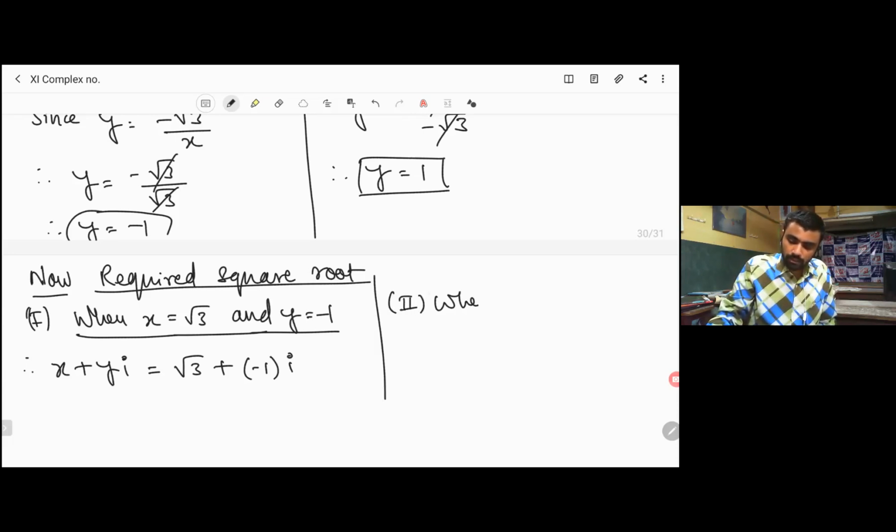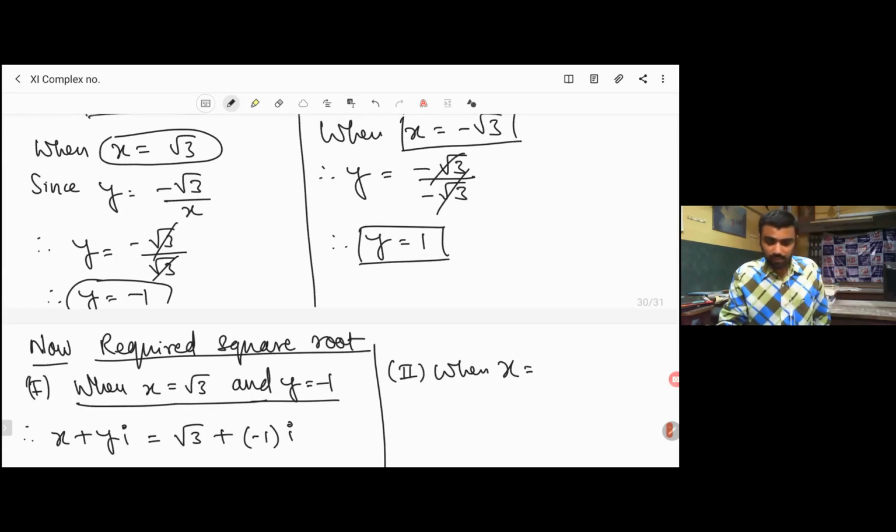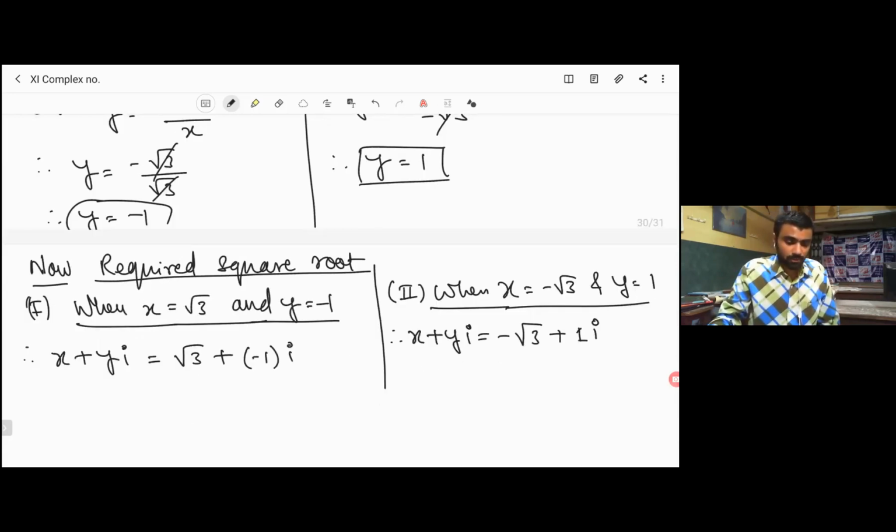व्हेन x इज इक्वल्स टू, क्योंकि x का वैल्यू था -√3 एंड y इज इक्वल्स टू मिला है +1। सो इन दिस सिचुएशन व्हाट विल बी योर स्क्वायर रूट? ओके, x प्लस वाई आई का क्या तुमको वैल्यू मिलता है? तो -√3 प्लस 1i। अब देखो स्टूडेंट, इसमें आपको कुछ कॉमन मिलता है, तो आप देख लो दोनों को मैं कंबाइन कर सकता हूँ कि नहीं कर सकता हूँ, दैट यू हैव टू डिसाइड। सो यू गॉट दिस पर्टिकुलर वैल्यूज।